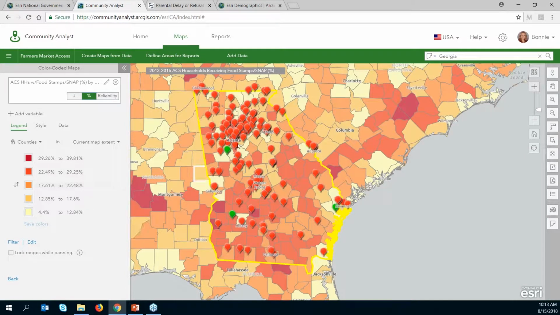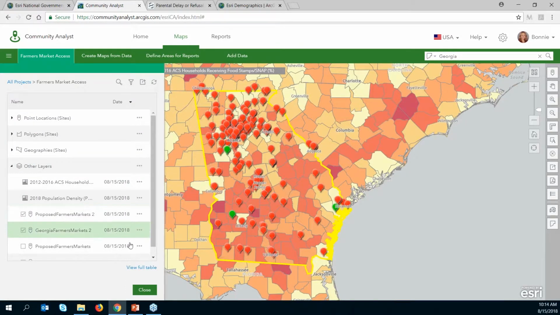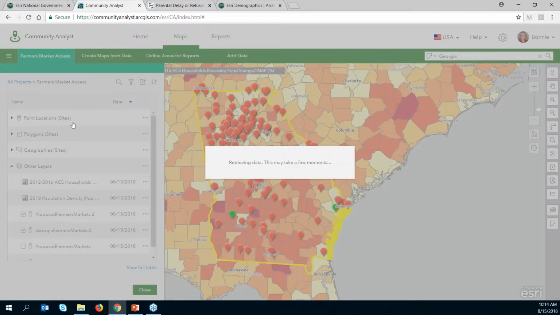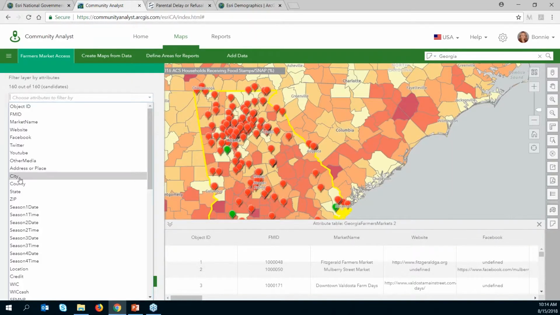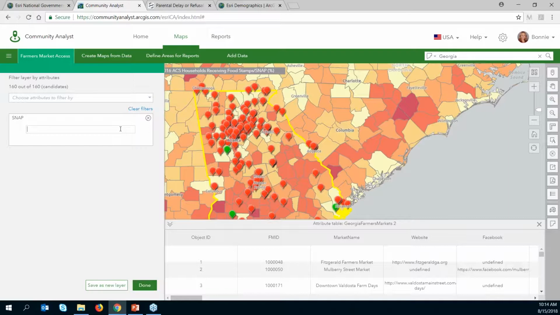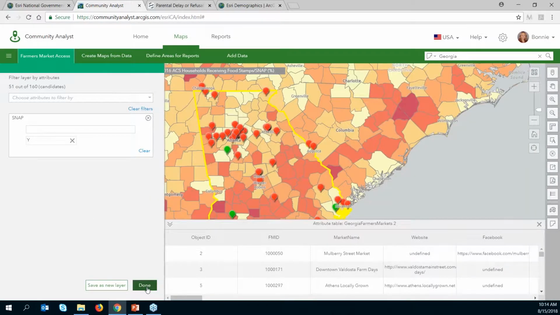And one other thing that I can do, this data set on these existing farmers markets includes information about whether they accept SNAP payments. So I'm going to go back to my contents here and filter this data set by the SNAP attribute. So I'm going to choose SNAP, and you see there's other programs under here that we could focus on as well. But I'm just going to say where SNAP is yes. So when we do that,